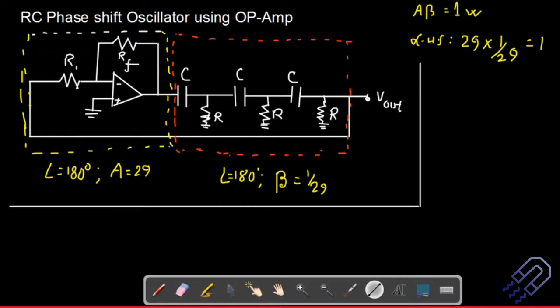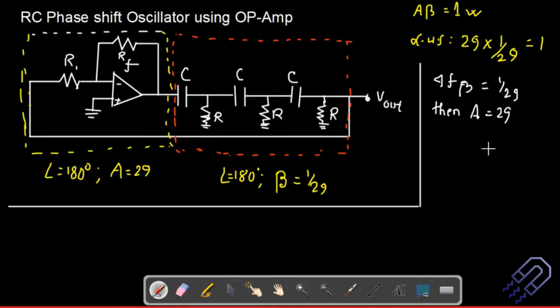So this circuit you have to please remember. This is also forming a major part. So if I am asking a question about the phase shift oscillator, you have to draw this circuit and then probably do it. It will depend. See, if there are 4 capacitors and 4 resistors here, the beta might be different. So just see if it's different or not. But before that, if beta is equal to 1 by 29, then A is equal to 29, which you already know.